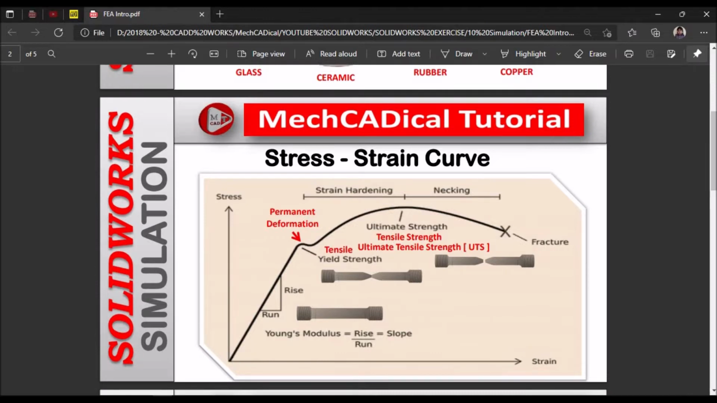So the linear slope is where the material doesn't deform permanently. There is a uniform thickness on the material cross section. When it reaches tensile yield strength, or simply yield strength, it starts deforming. So yield strength is nothing but the maximum stress at which a material starts deforming permanently. That is called plastic deformation, and it is measured in Newton per meter square or pascals, or we can use